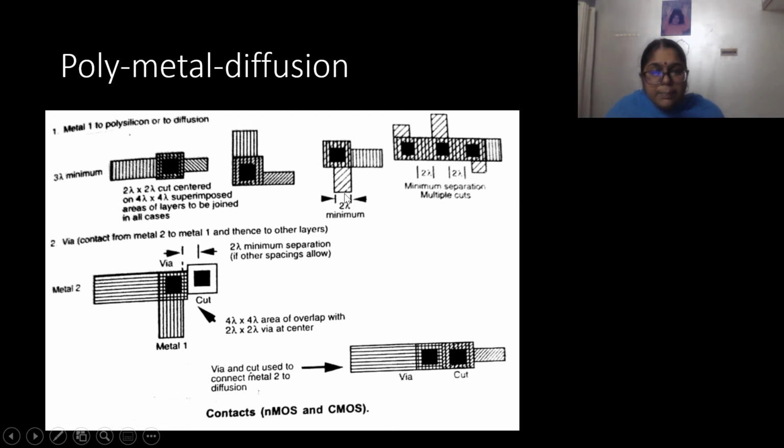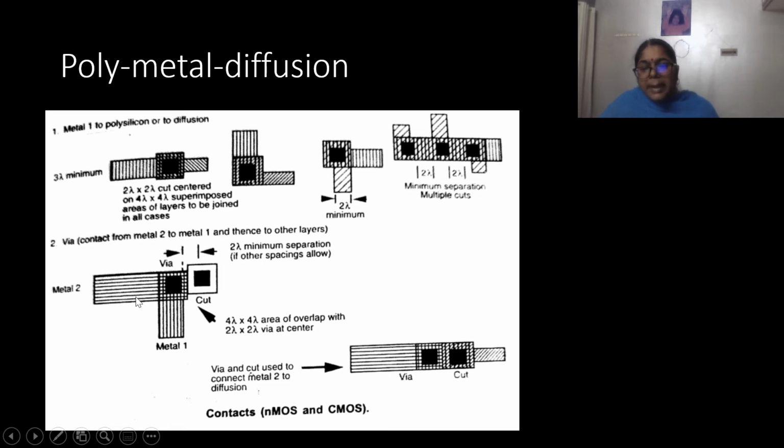Similarly, next we have metal 1 and p diffusion, shown in the same way. Here you can see metal 1 is having a contact with p diffusion in 3 places. In this particular case, 3 contact cuts have been made, and a single metal 1 layer is used to make the contact of the p diffusion with the metal. In that case, the minimum spacing between 2 contacts is 2 lambda.